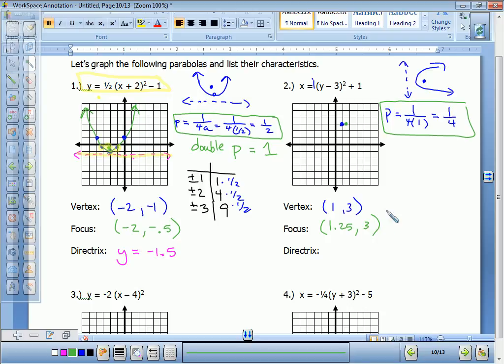Why'd you add it to the x? Oh, because it's not going up and down. Yes. I keep on asking that. Could I also put 1 plus 1/4, comma 3? You could put 1 and a 4th, but if